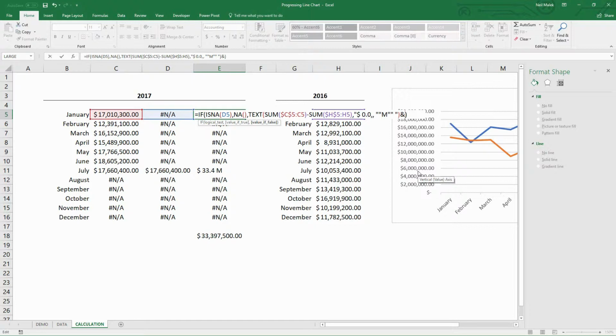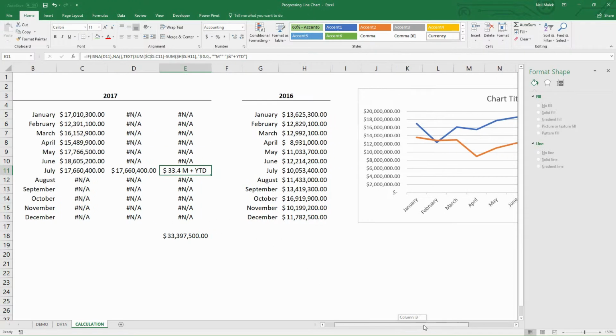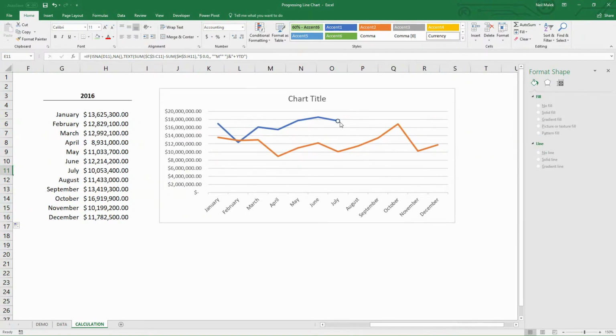Ampersand, quotation marks, plus sign, space, YTD. Close quotation marks. Autofill that down. And isn't that nice? In July, we are up 33.4 million year to date. Nice. So let's go ahead, click that dot right there,